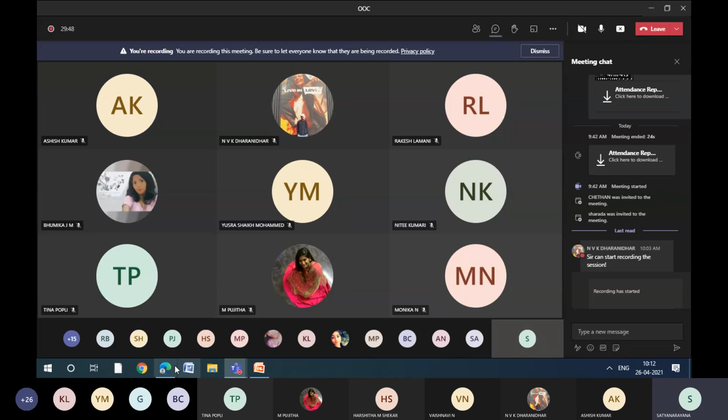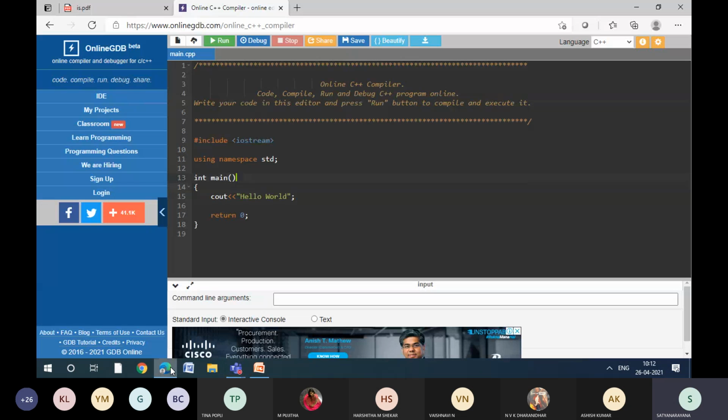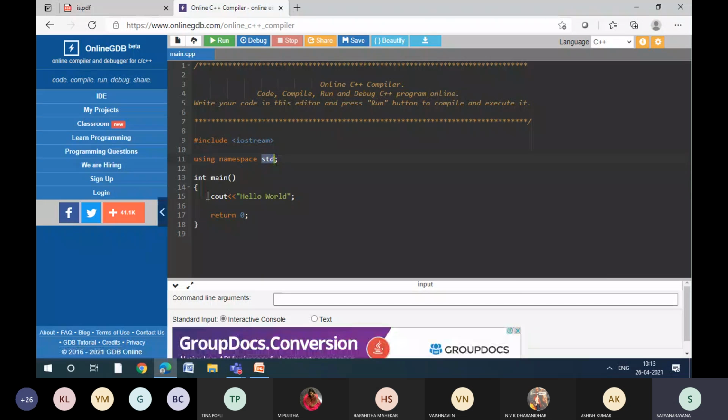All right, so let me tell you what this is. Using namespace std is nothing but the standard namespace which we are going to use. Usually in C++ programming, whenever I want to call any function, any statement, any constructor, any destructor, I need to call the namespace separately. Actually, I should write cout as std followed by cout. This is how I should write.